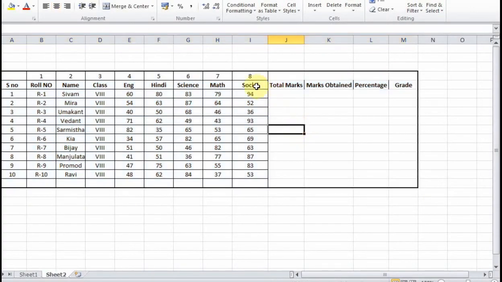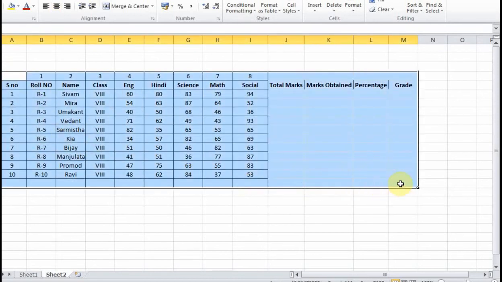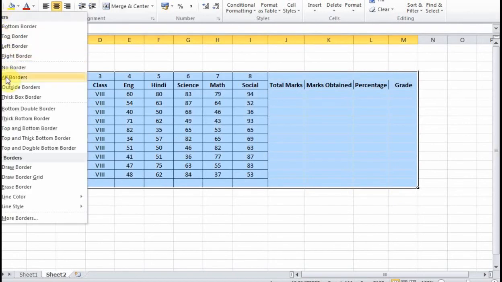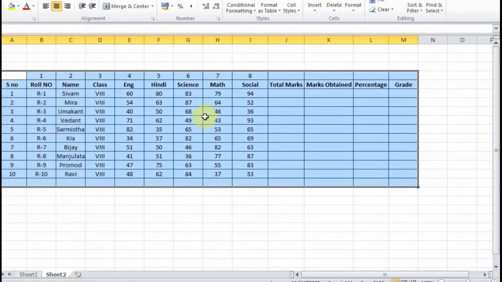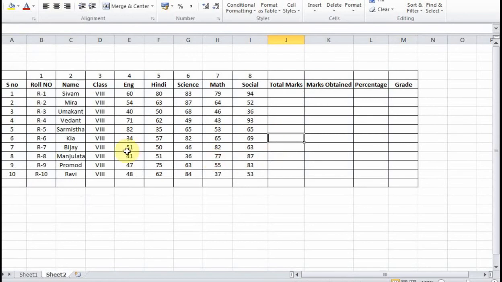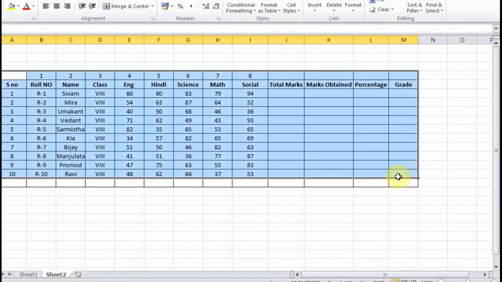Now here we can make it the same way. So this is the bordering format we do.